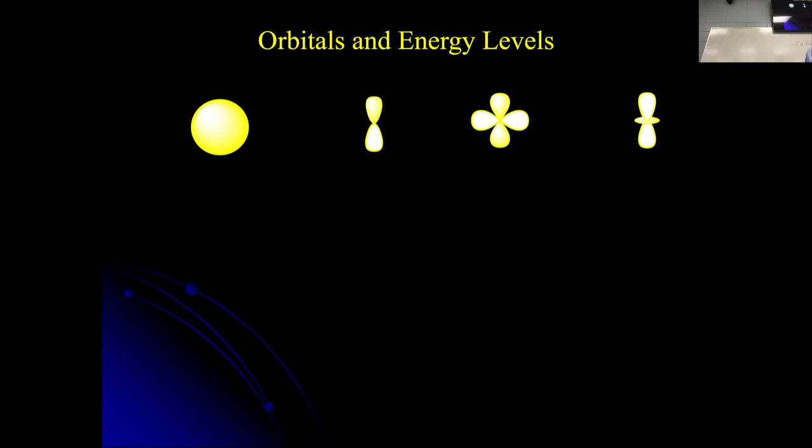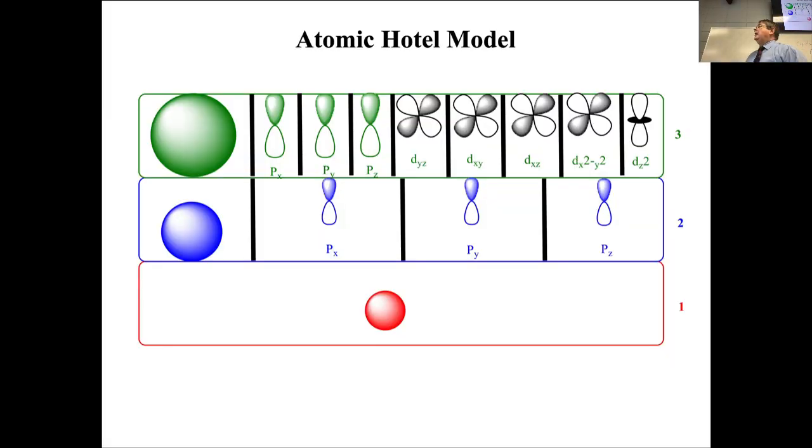They are nothing more than a room for electrons to sit in. That's it. And those rooms have different shapes. Okay? They are probabilities of finding an electron. That's it. Probabilities of finding an electron. Okay? And so for organic chemistry, fortunately, we typically only have to deal with these 2 levels.